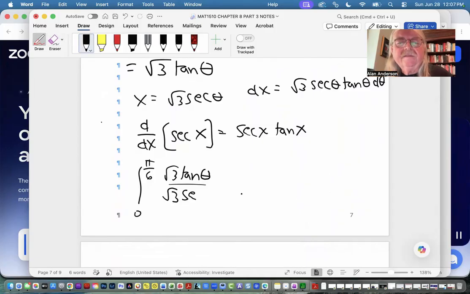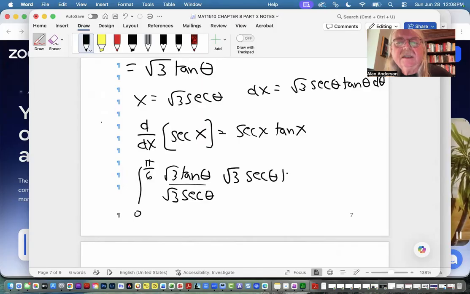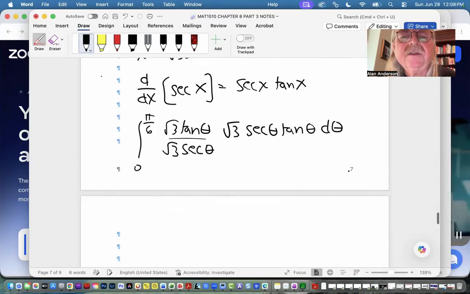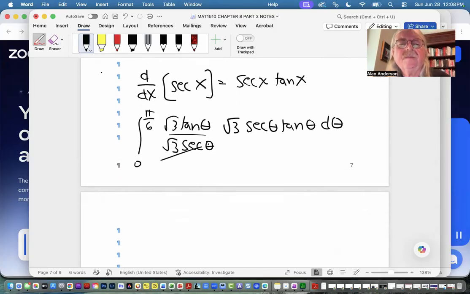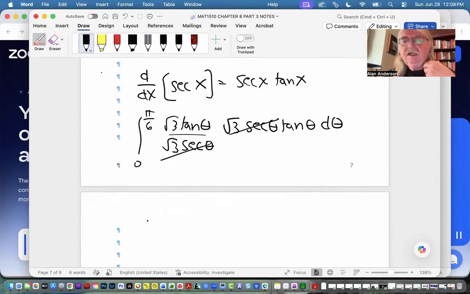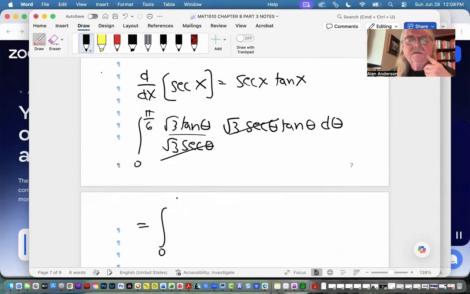And then we have radical 3 secant theta, tan theta, d theta. All right, that should do it. Now there's some cancellation going on here, and we ultimately end up with